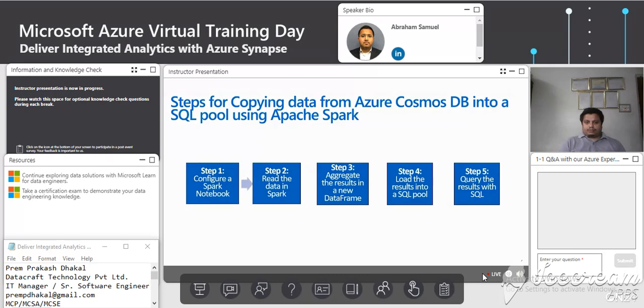And then after we have configured it, we read the data to the data frame using Spark, right? And then we aggregate the results of the data frame to a new data frame. And then we will, at the end, query the results with SQL. So this is the detail step that we will go through as we try this out in our